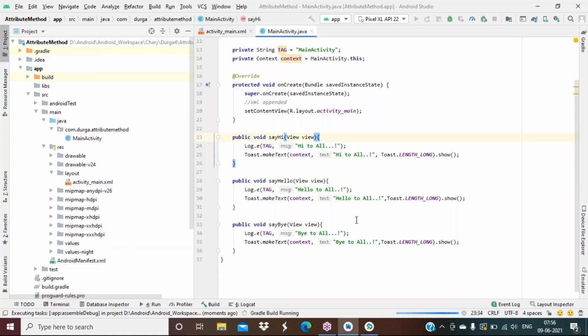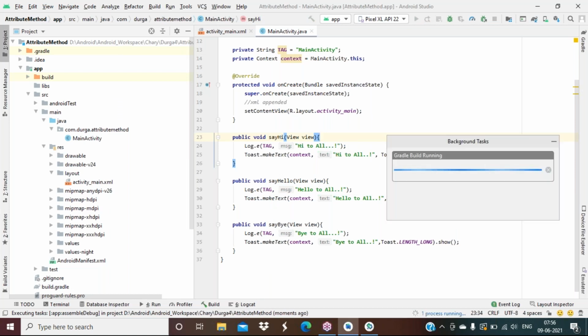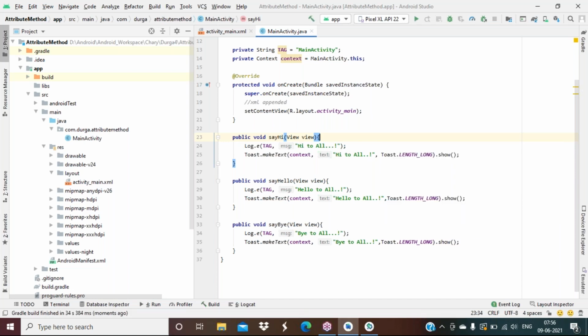Now I'm running. So running is a big process. I'll try a different one: I will install TeamViewer on my PC as well as my mobile, and try to connect my TeamViewer to the mobile. What happened? Is it launched?